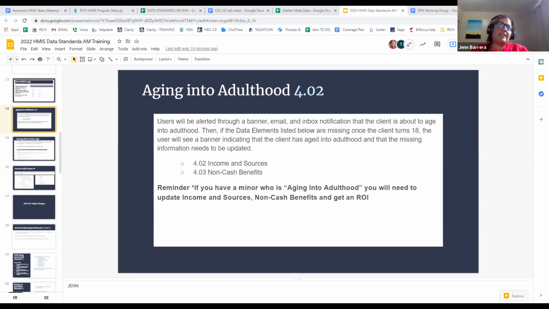So as we said at the start, we are going to cut the slide deck and only present to all end users in the next 3 trainings only elements that are going to be visible to them. So anything that's going to be visible to them as an end user in our HMIS, we will present in those slides. All of the other logic stuff, funding source, all that stuff, we will be cutting out.